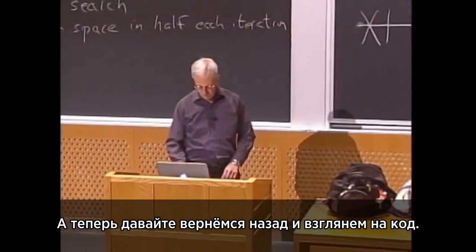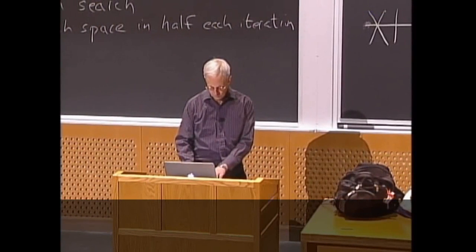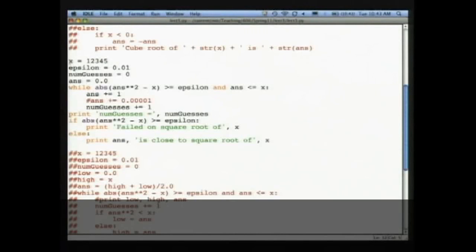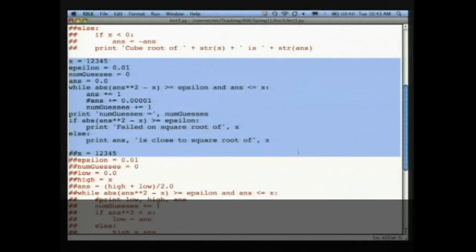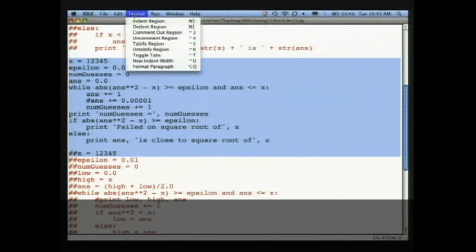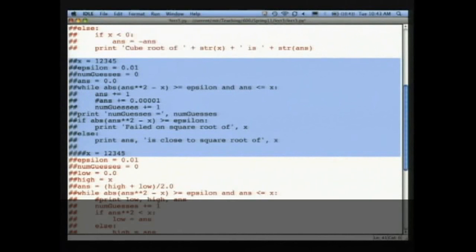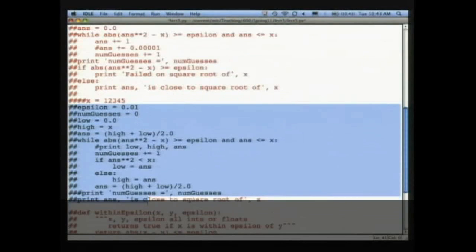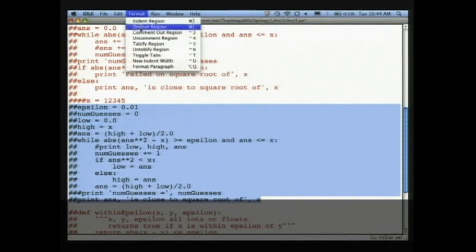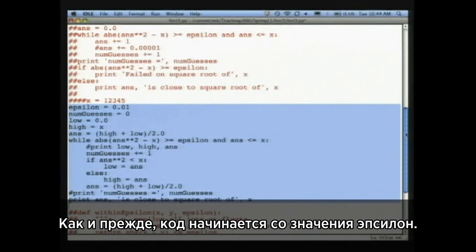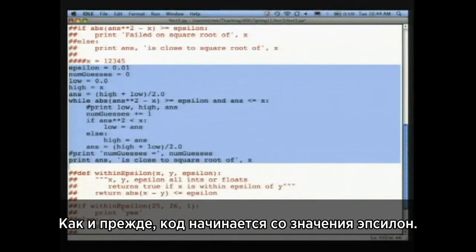Let's go back and look at the code now. So it starts as before with the value for epsilon. But now I'm going to take a lower bound here